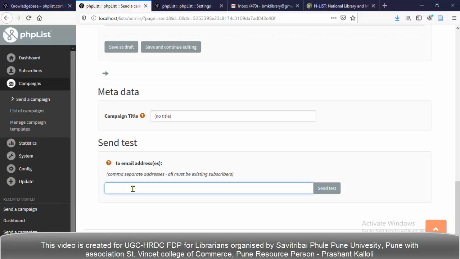So every time you have to test this send test option. So I'm going to test here. I'm putting my email ID bmklibrary@gmail.com and clicking send.